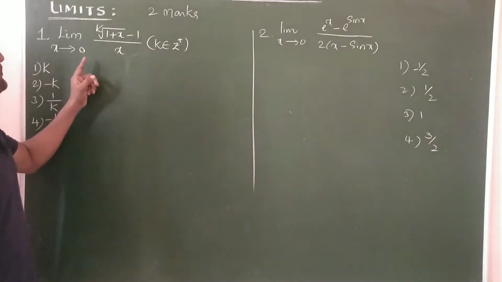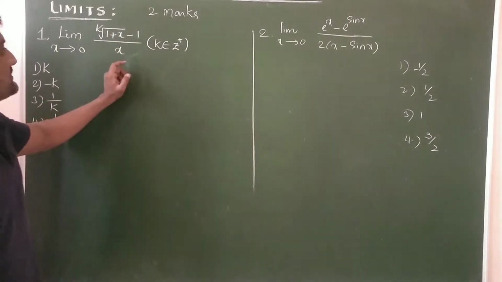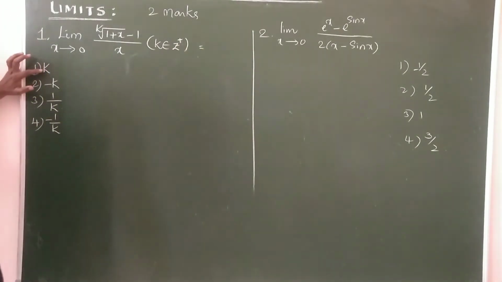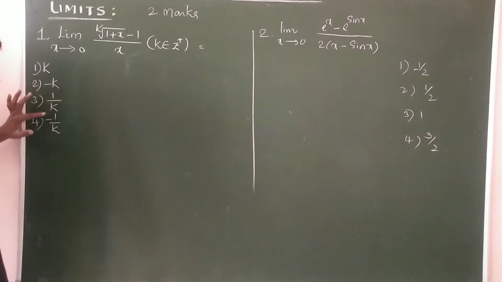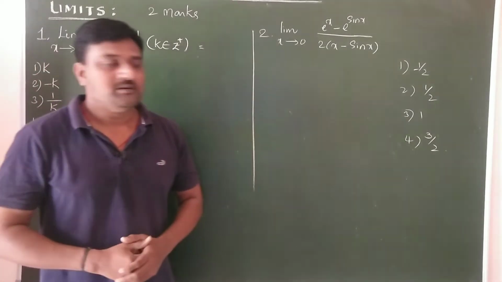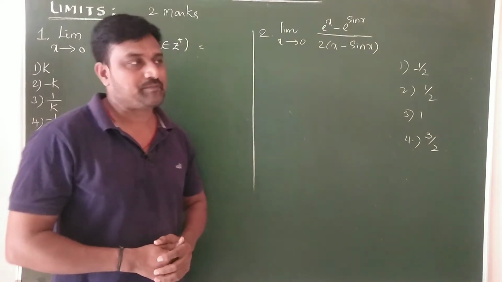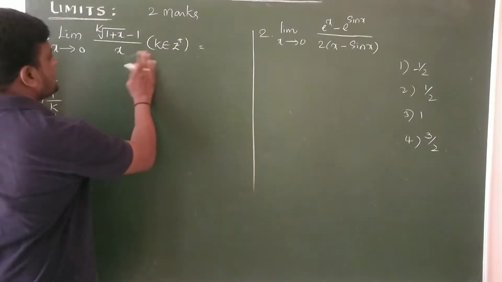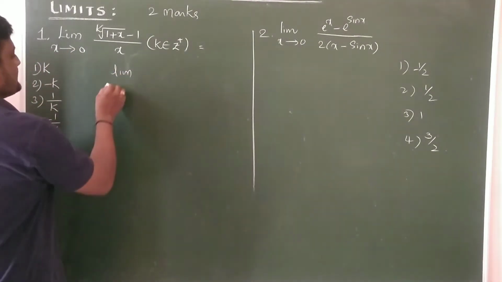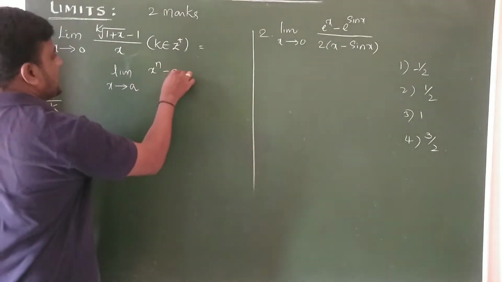Limit x tends to 0, kth root of 1 plus x minus 1 by x, k is a positive integer. Then what about this? The options are k, minus k, 1 by k, minus 1 by k. Now which one is the option? Maximum we have to know the standard forms of limits, and also small formulas. Now here I can apply limit x tends to a, x power n minus a power n by